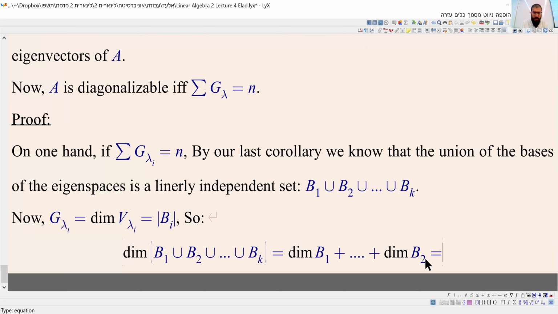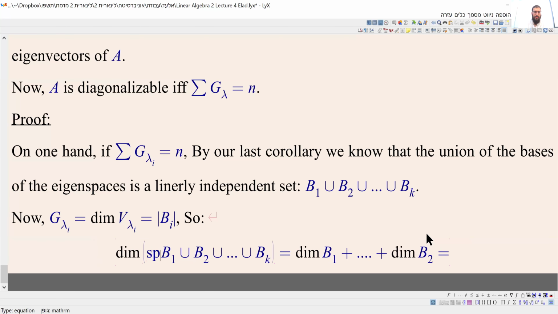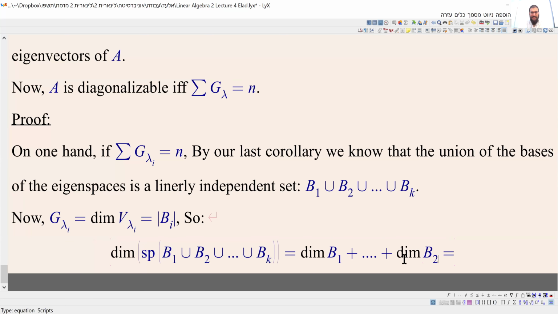I forgot the span here. The dimension of the space they are spanning is the sum of the dimensions that each B_i is spanning,